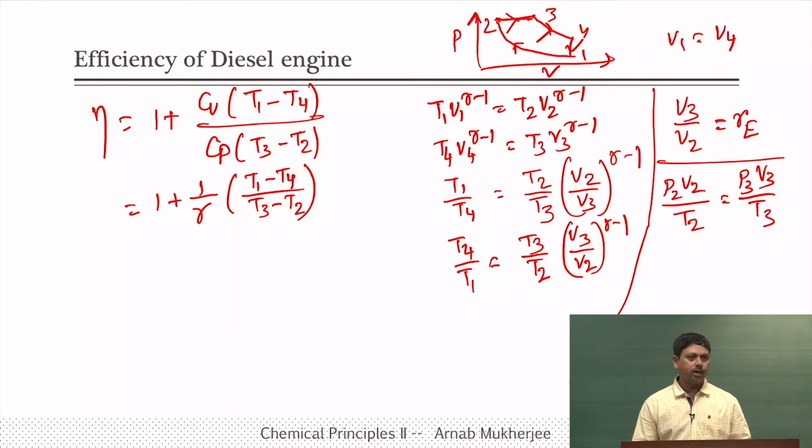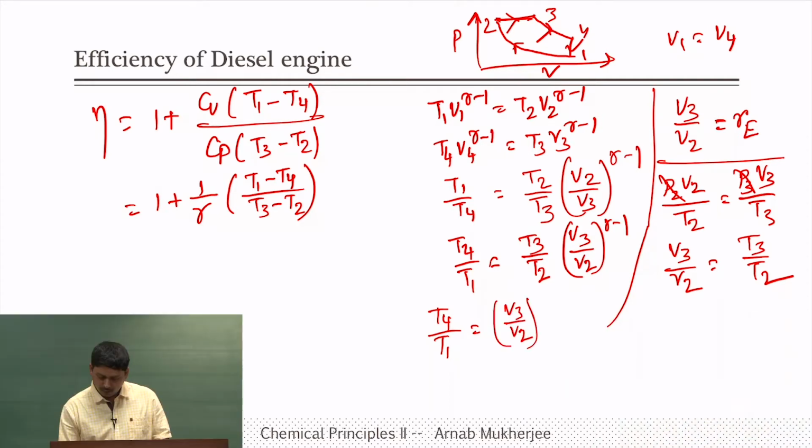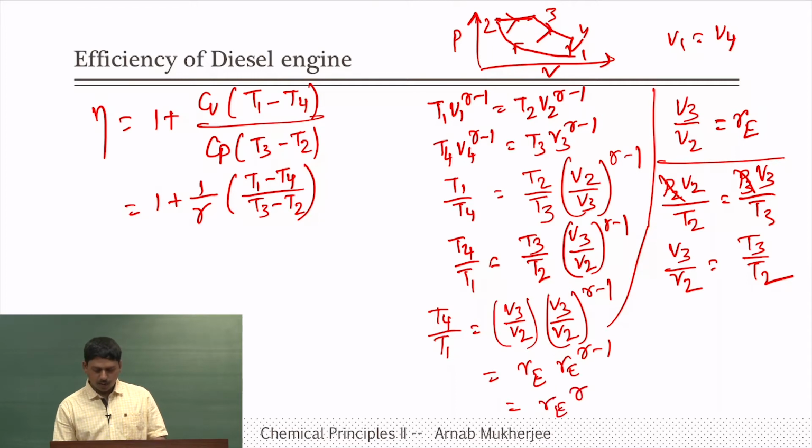We can do that for any 2 points. Now, you see that the pressure is same between P2 and P3, so it cancels. Therefore, V3 by V2, the expansion ratio, is T3 by T2. So now we are going to get T4 by T1 as V3 by V2 into V3 by V2 to the power gamma minus 1. Since V3 by V2 is the expansion ratio, we are going to get Re to the power gamma minus 1. So, therefore, Re to the power gamma. So, we have got that,